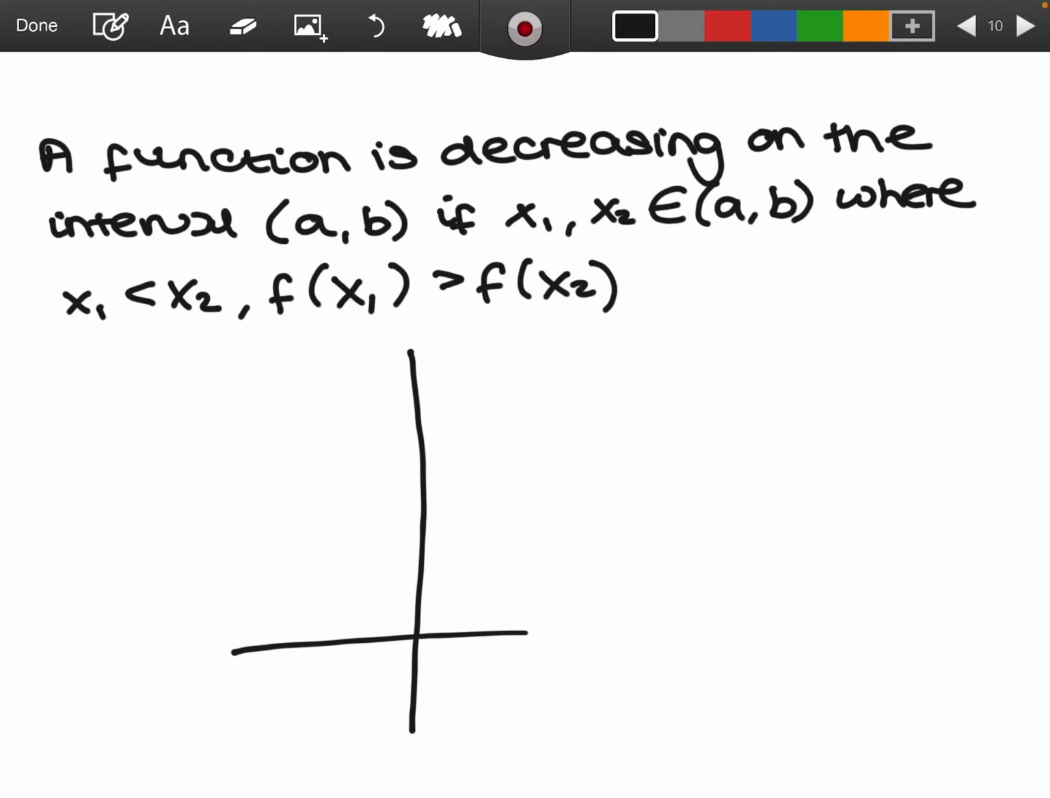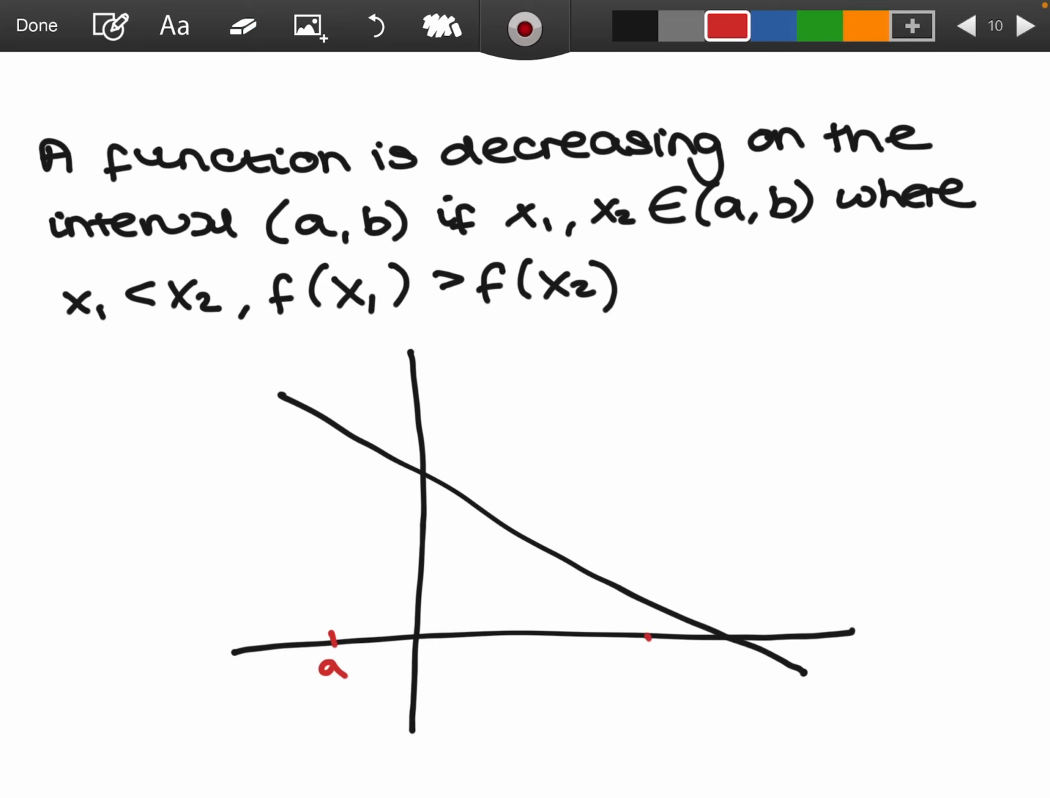Again, I'm going to do this for a straight line graph, just so we can see how this works. If I take A to be here and B to be here, x1 here, x2 here, so x1 is less than x2. Then if I plot out the function values, I have f of x2 here and f of x1 here. I can see that x1 is less than x2, but f of x1 is greater than f of